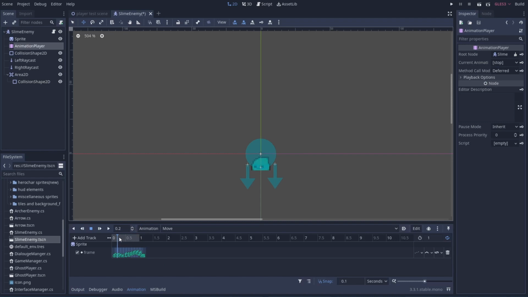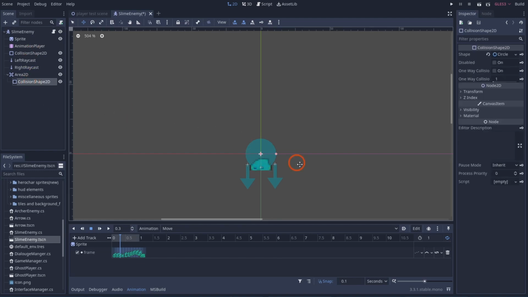What are we looking at? About yay big. Let's see. Collision shape. If we drag this down and make it about this big, which is about how big he is, right?